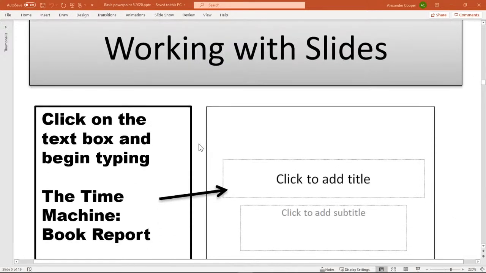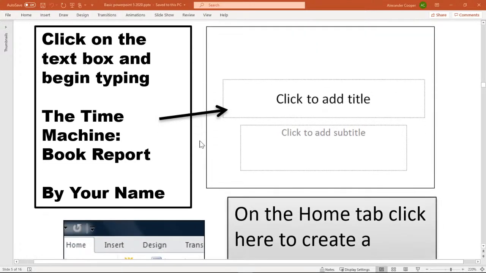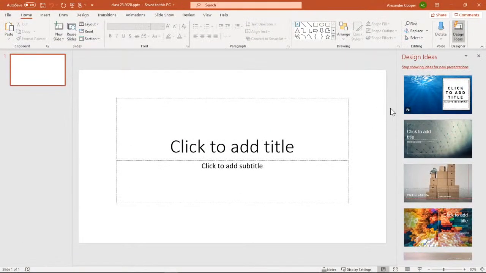Let's talk about working with slides, all right? And we're gonna go ahead and make our first slide. Now, I am gonna mention it, and I'm gonna play with it just a second here to show you. This is the newest version of PowerPoint. So they've tried to add some new features in here. One of them is design ideas, okay? And this one actually looks pretty impressive.